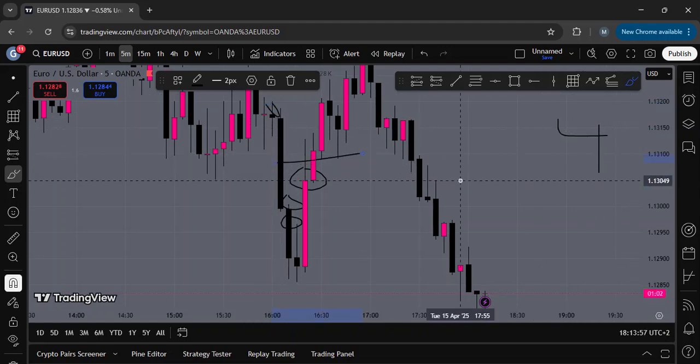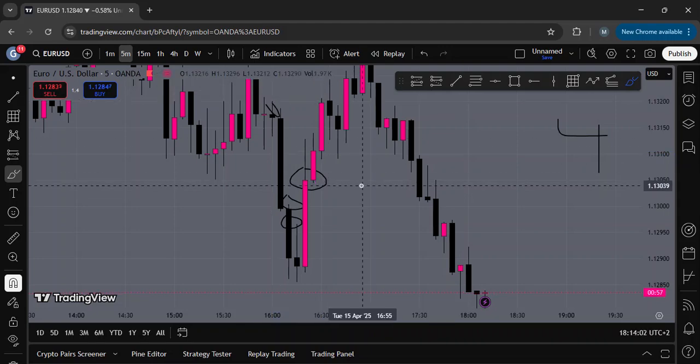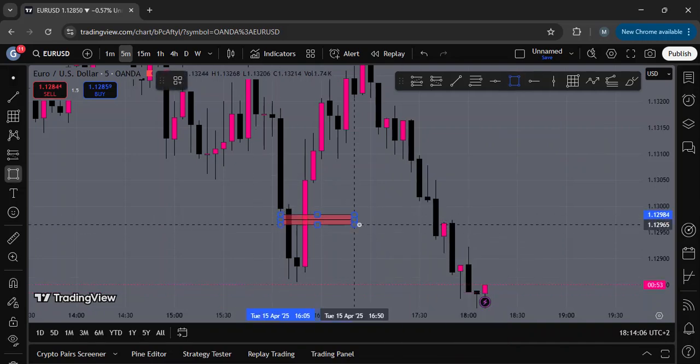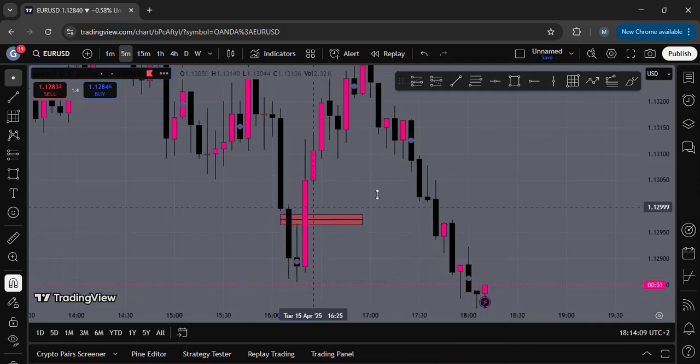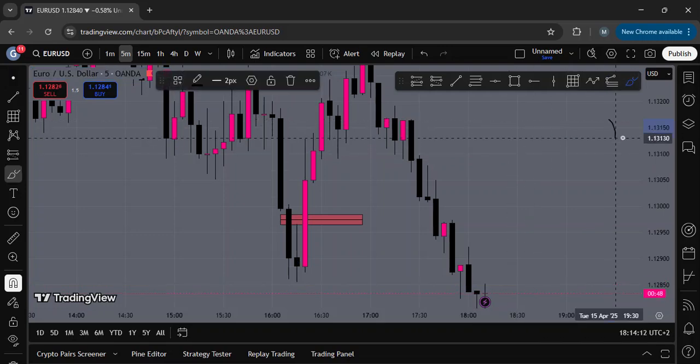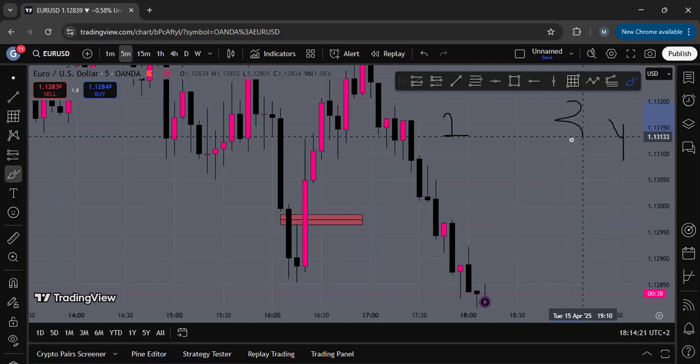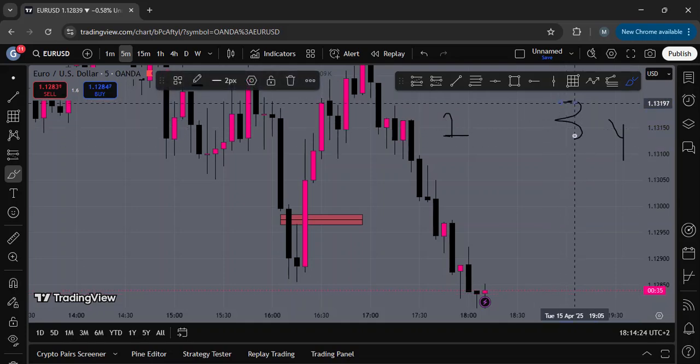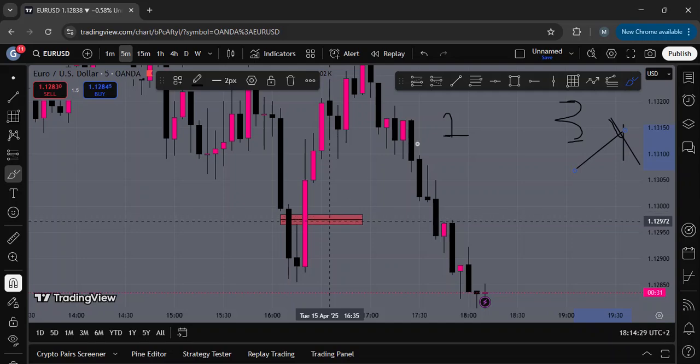If you were to wait for a confirmation before entering, you would have watched this fair value gap on the 5 minute and seen we've broken through that. I'm not going to enter. So of your 4 losses, we've just missed out on 1 loss. So we have only 3 possible. I can't draw good with this tool on here. We have a possible of 3 losses. Okay, so not 4, because we've taken away 1 loss.